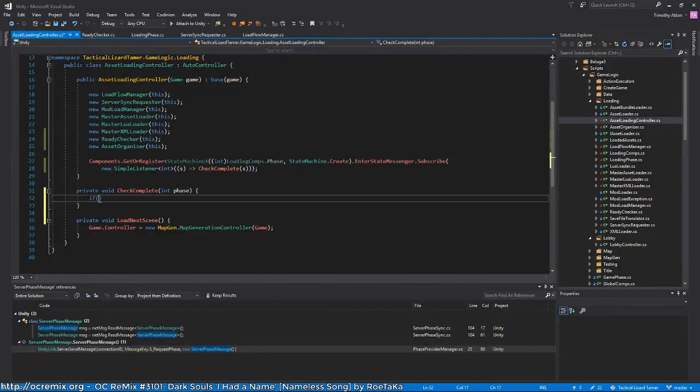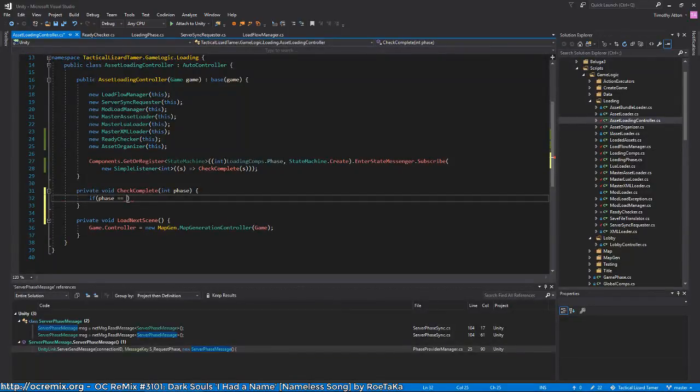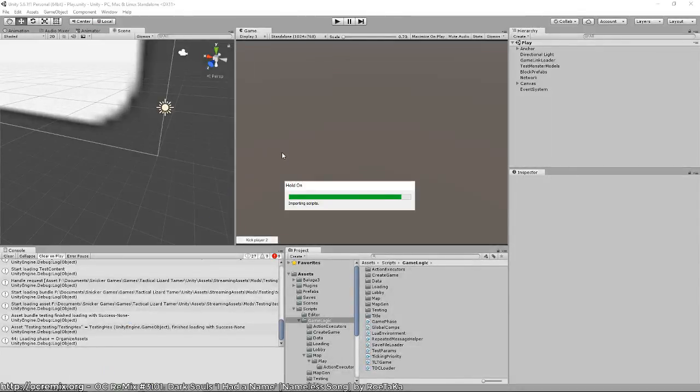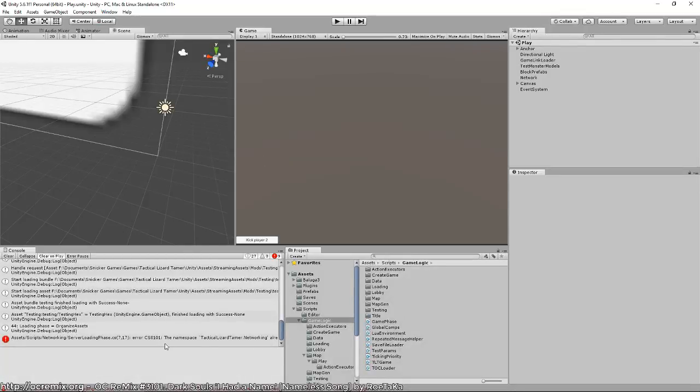So if phase equals int loading phase none, then we can move on. Okay, so let's see what happens. Might be an error because the map generation scene is not ready, but